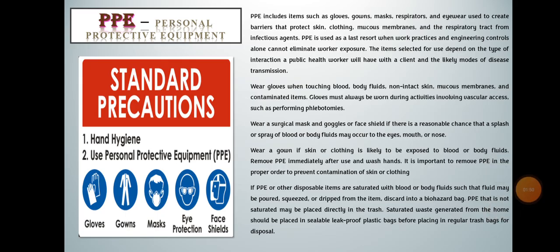Next is PPE, or personal protective equipment. PPE includes items such as gloves, gowns, masks, respirators, and eyewear used to create barriers that protect skin, clothing, mucous membrane, and the respiratory tract from infectious agents. PPE is used as a last resort when work practices and engineering controls alone cannot eliminate worker exposure. The items selected for use depend on the type of interaction a public health worker will have with a client